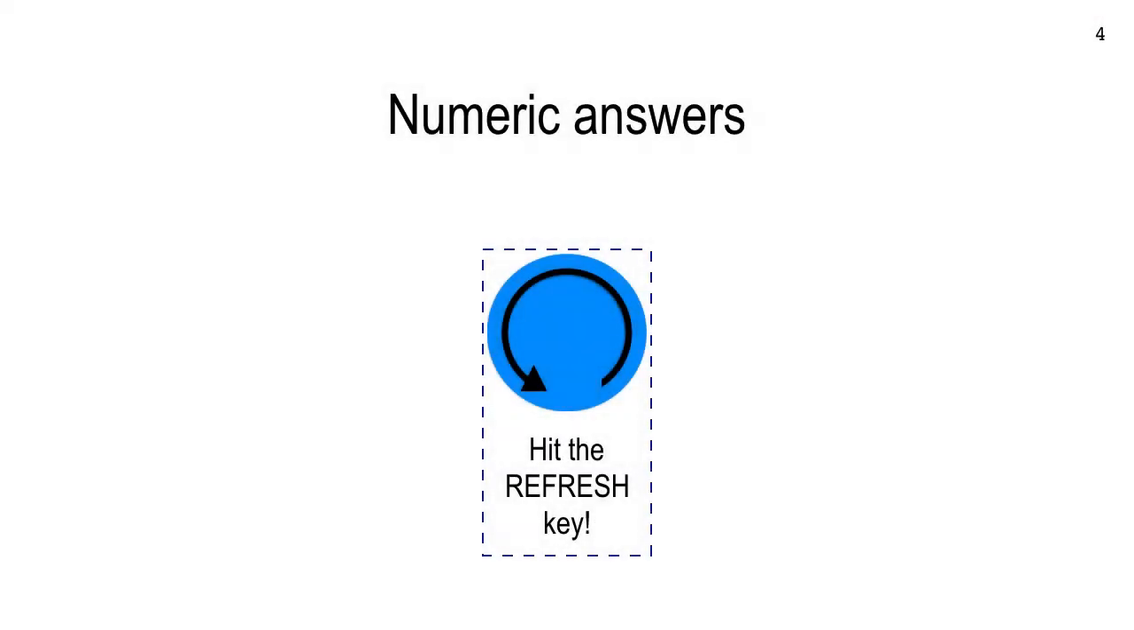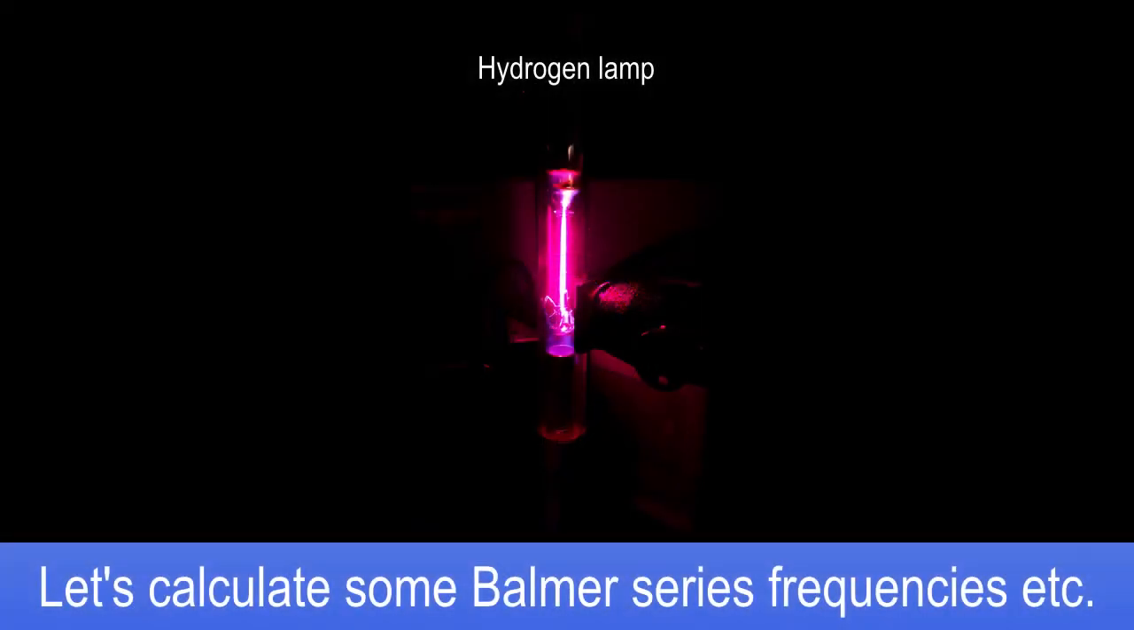All right, let's do some calculations. So click your clicker on. We're going to do numeric answers, so you'll be hitting the send key. What we're going to do is calculate some frequencies and wavelengths in the Balmer series. Now, the Balmer series is the visible set of discrete colors of hydrogen that we saw on the first day